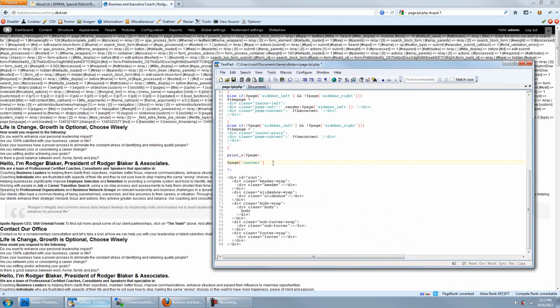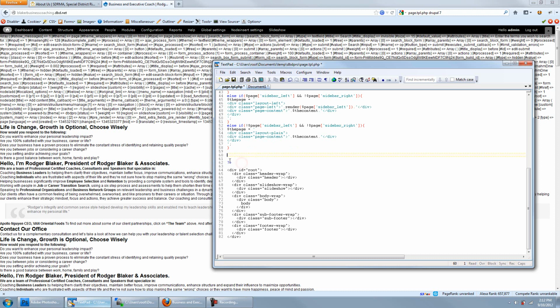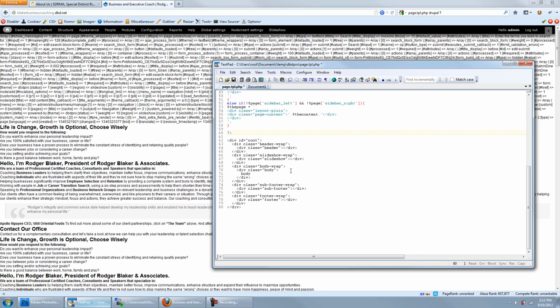But anyway, all I want to do is just use this built-in Drupal function render to render that array, which will basically make it show up where the content is. It grabs the actual content that you want to display, right? So if I actually take this, I'm going to delete this part, so we don't need that anymore. All I'm going to do here in this body right now is go PHP print, and then I paste in this render content part, and then I close my PHP like that,